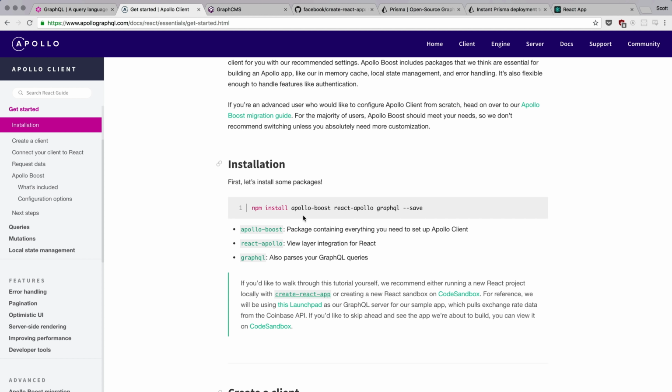What are these three libraries doing? Well, we'll go over in a minute. Let's go ahead and just copy these three libraries. I'm going to use Yarn because the application itself is already using Yarn, so we can copy Apollo Boost, React-Apollo,